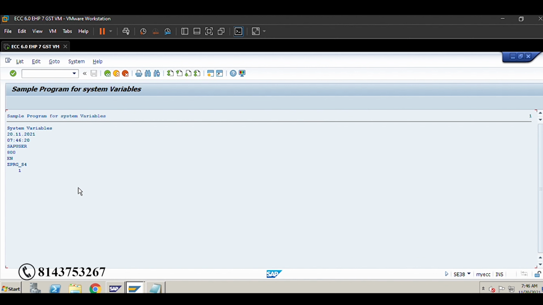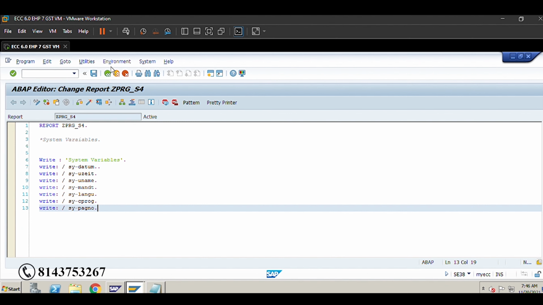Currently we have only one page, so it is holding the first page. If we have multiple pages, it will come with the current page number.